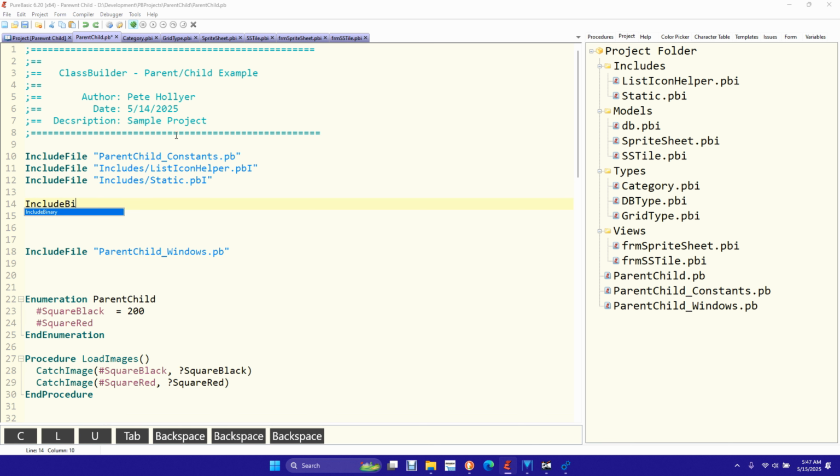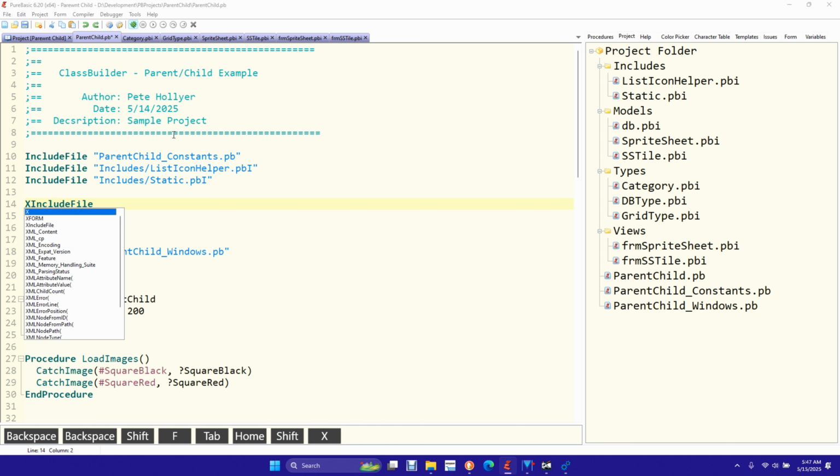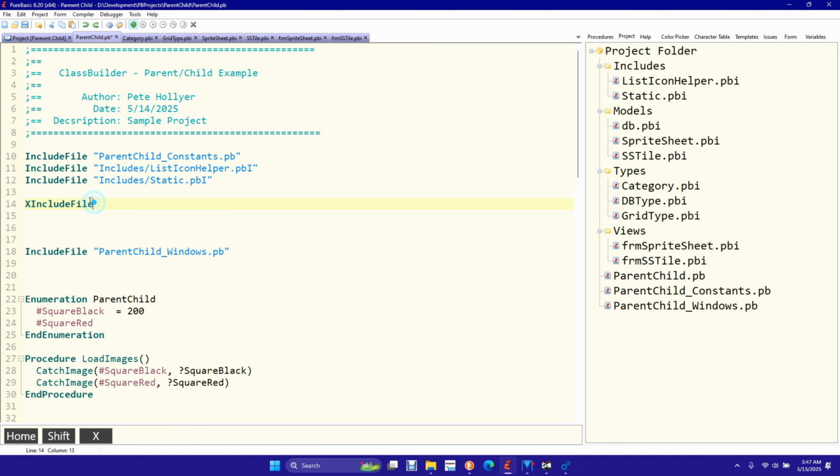So isn't that an X include? Is that right? Yes, I believe that is. Let's see. We will come over here and I guess we'll start with types. Types. And we will say category